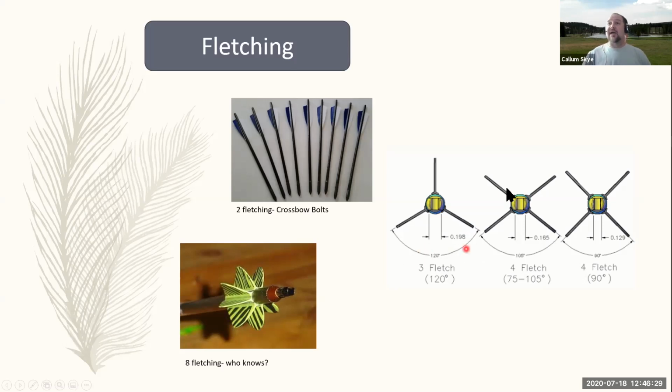A lot of people like 4 fletches. And the reason why with 4 fletches is that you don't have to worry about this one awkward one that's considered, they call it the cock feather. So they consider the awkward one here the cock feather, and they'll consider these 2 the hen feathers when they talk about it. And so when you're actually lining up against your brace on your bow, you're always wanting to orientate the cock feather out so that it doesn't interfere hitting the brace. You don't really have to worry about that if you have 4